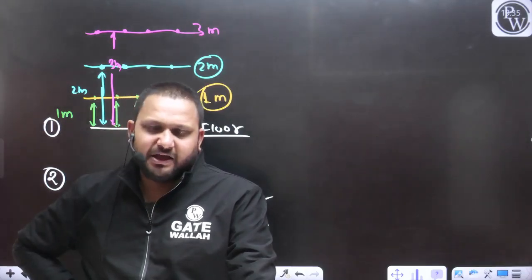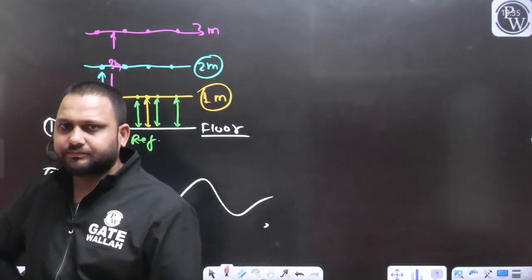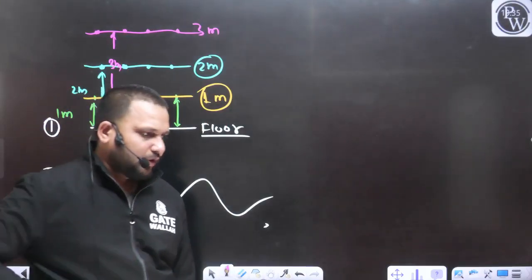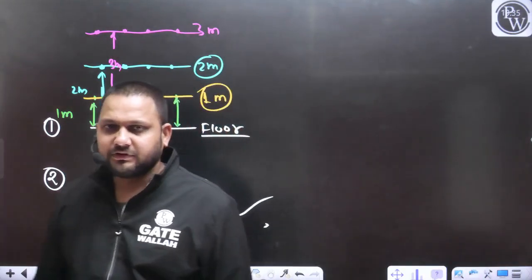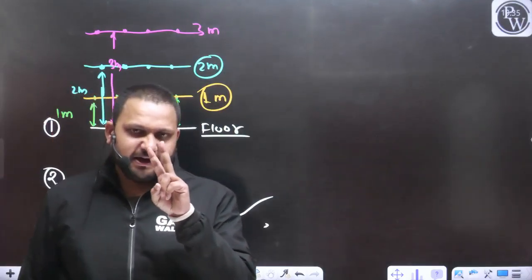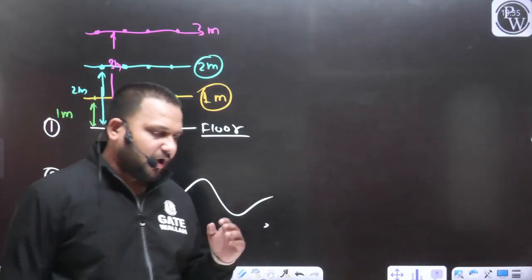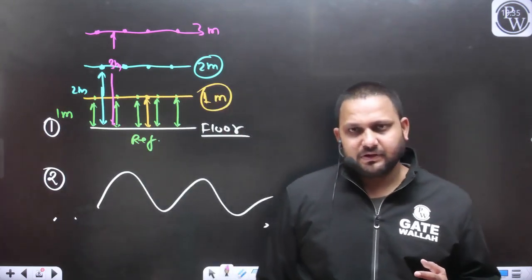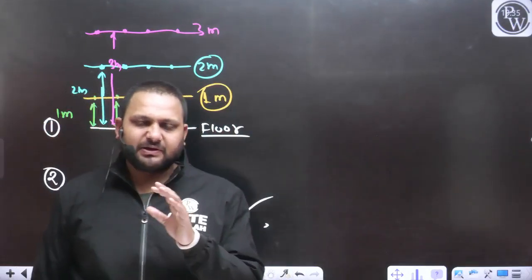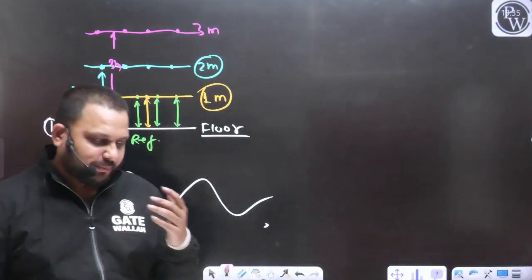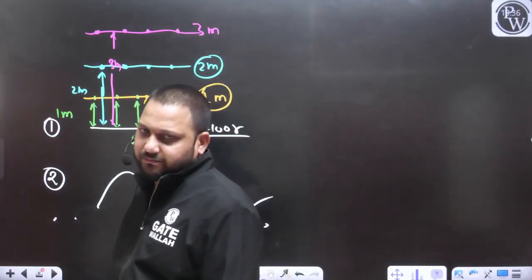I want confirmation from all of you that the basic definition of contour is clear to everyone. Can we move further? Now I will discuss two very important terminologies related to the contour, and then we will see how we can prepare the contour map. As of now, we have not discussed anything from which you can prepare the contour map. But after completing those terminologies, we will prepare the contour map in the class itself. Don't worry.